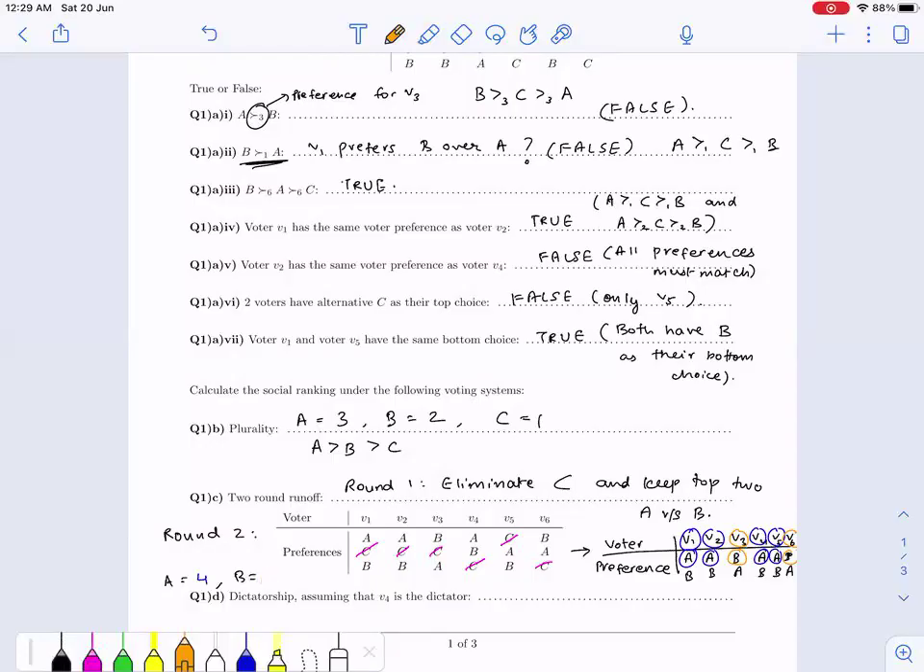Sorry, only 2 voters. So again, A wins over B in this round, and then the final, these are the top 2, so they win over every other alternative, which is just C. And in general, if you have only 3 alternatives, the 2-round runoff,